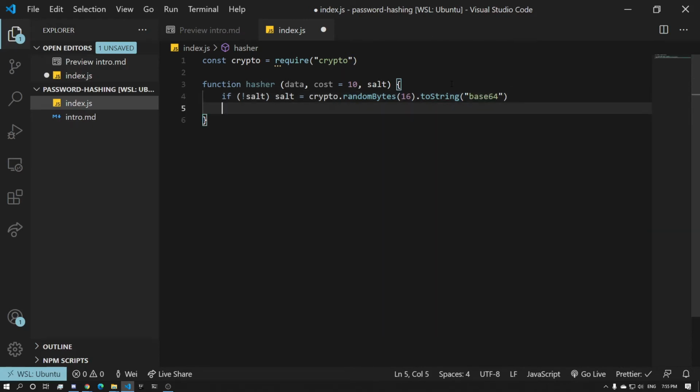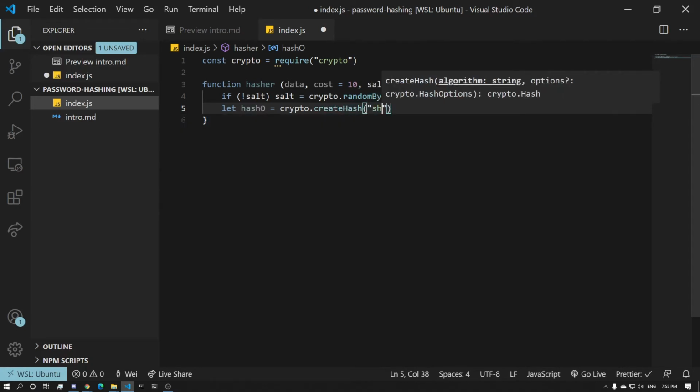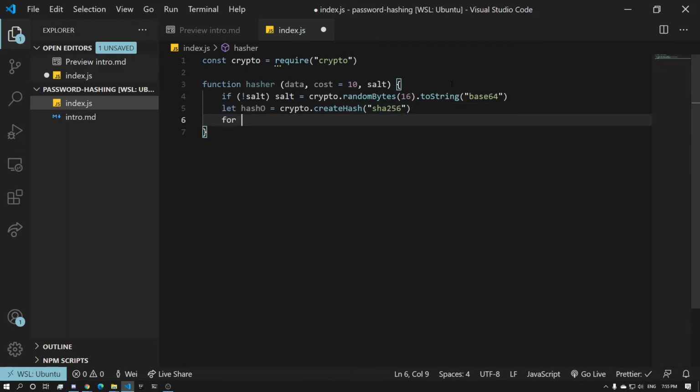Alright, this is good. Now we're actually gonna create our hasher, so the actual hash object. So let hash o equals crypto create hash, and we're gonna use the SHA-256 hashing function. Now we're gonna iterate over the amount of cost to the power of 2. So for let i equals 0, i smaller than